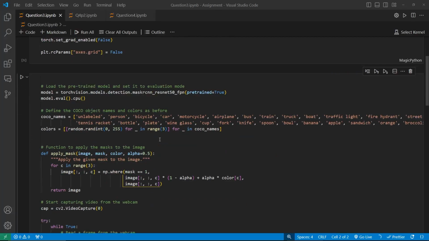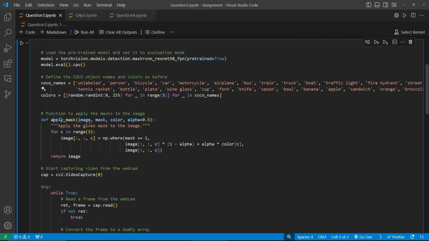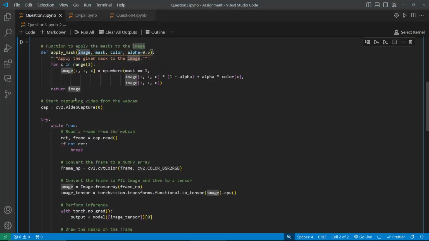Explanation for question 3. We download the model, define its category names, color those names. Now for the first one, we apply the mask, given the image, mask, color, and then alpha, which is just occupancy. We would turn the segmentation mask, and then whilst the image is running,